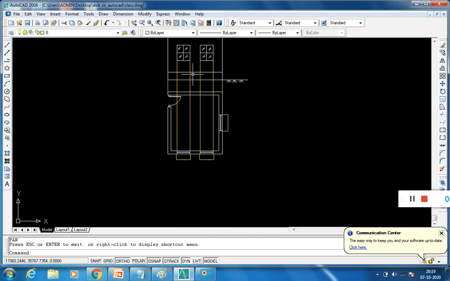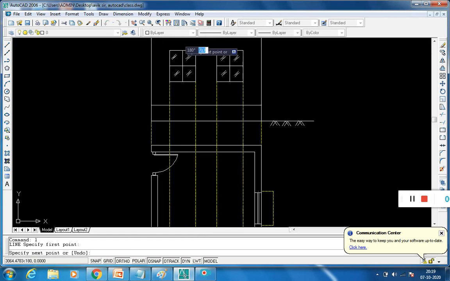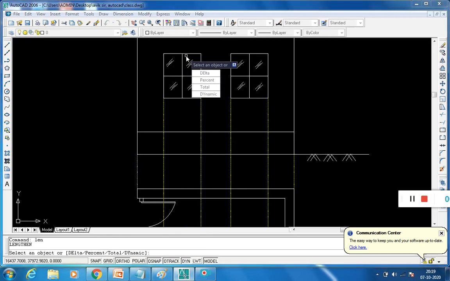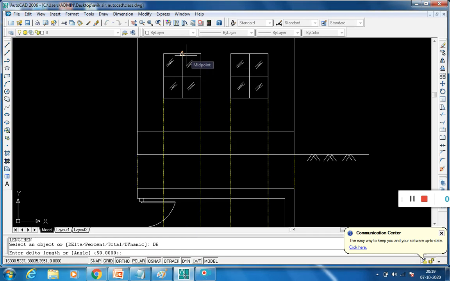So the chajja, the sunshade, I am going to draw. Use the lengthening command and select an object. So delta, enter. This is 50 mm.